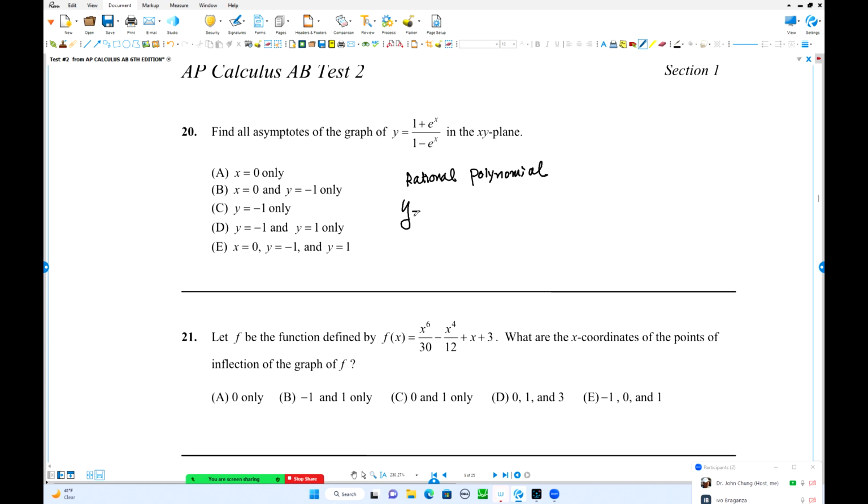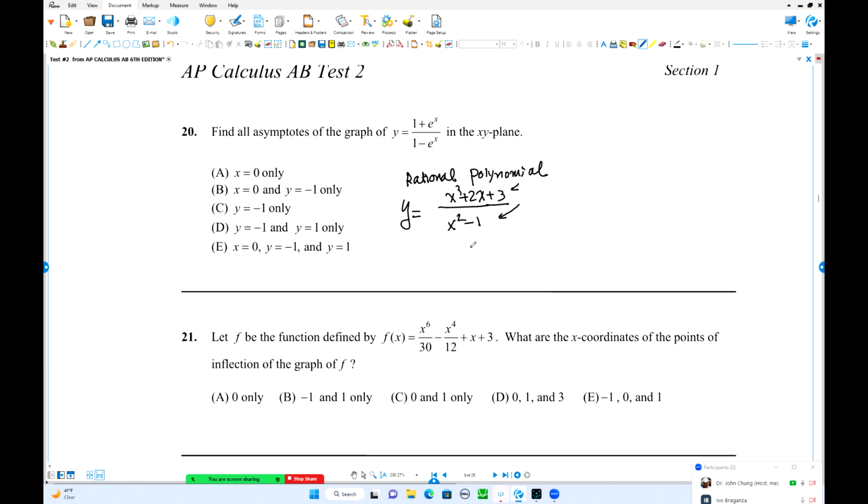Polynomial. When you have this one, for example, x squared minus 1 over x cubed plus 2x plus maybe 3 over here. This is a polynomial. Denominator also polynomial. In this case,